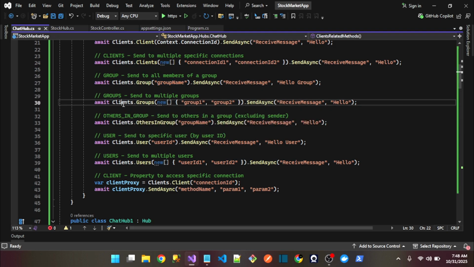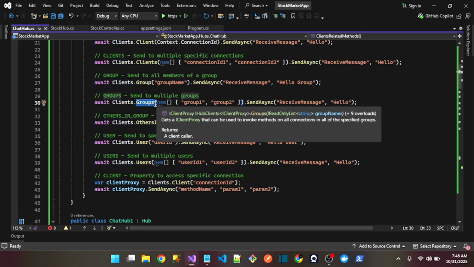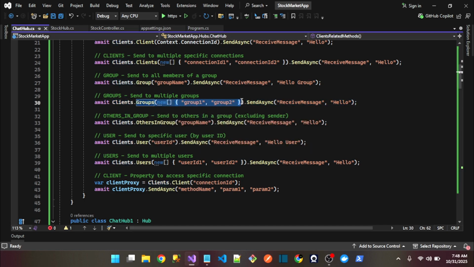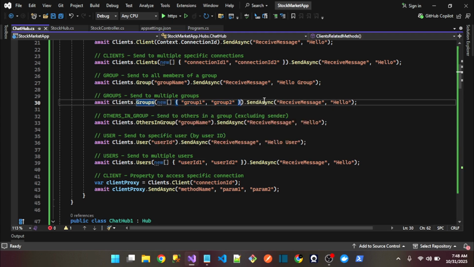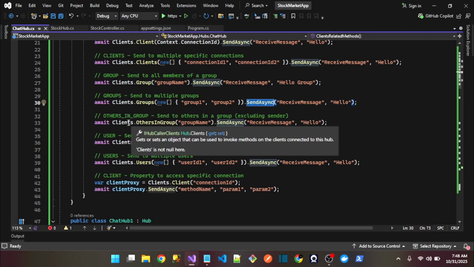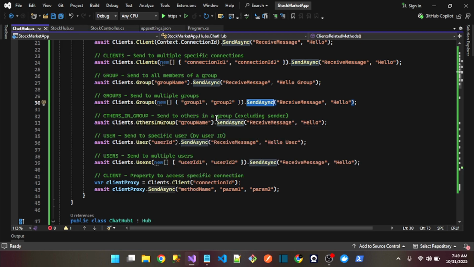Okay, if we want to send to multiple groups, what we will do here is use clients.groups, and after this we will use the array of group names. Then we will use the send method. But if you want to send to the others in a group excluding the sender, it means clients.othersInGroup, then we will mention the group name, and we will